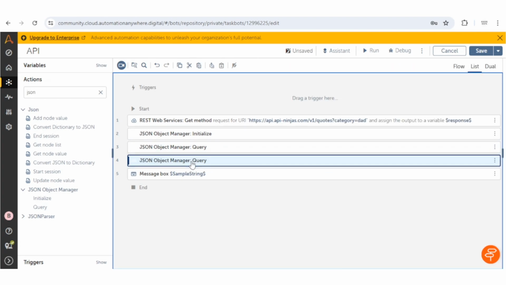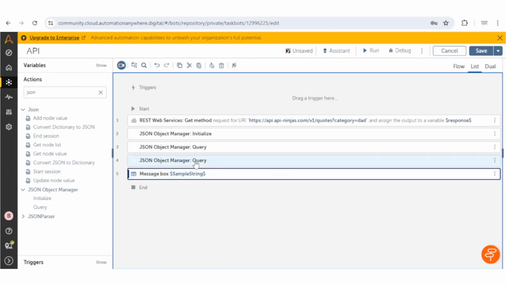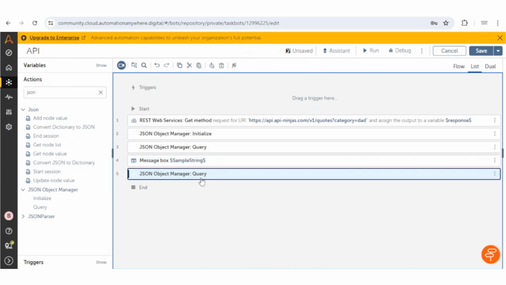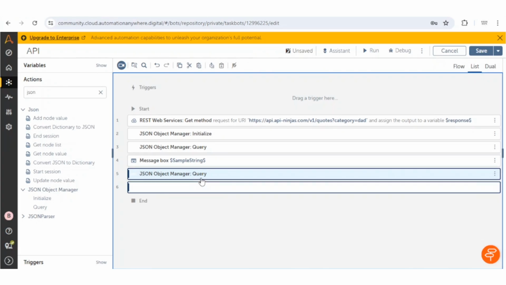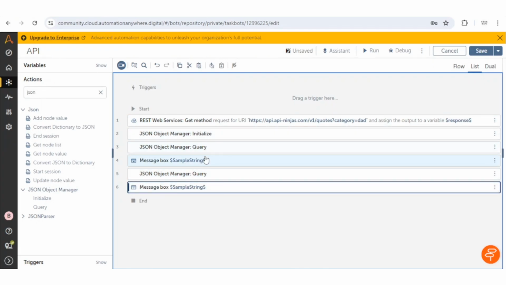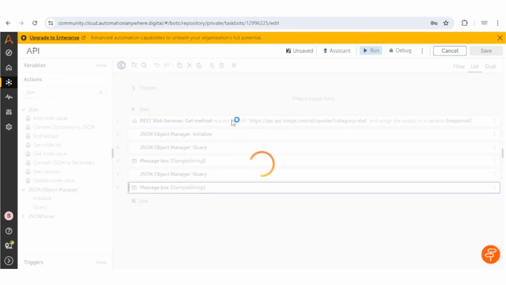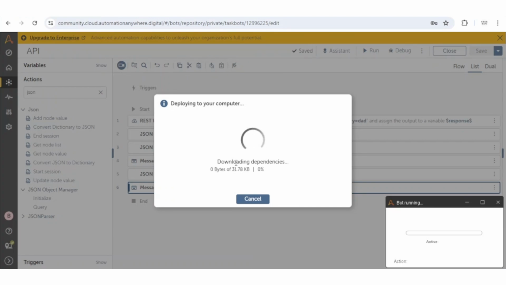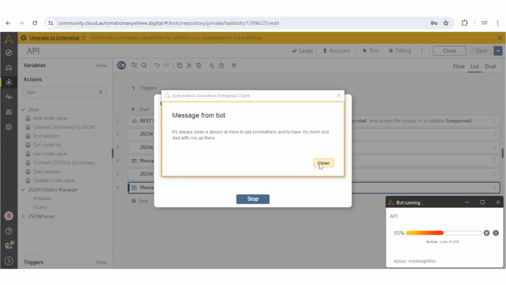That is why I was saying you must be aware of this concept of JSON, because we can execute the API very easily, but once we get the response of the API, it will be difficult to extract the particular value. So now we are extracting two values, author and quote. Using an API in Automation Anywhere is a very easy process.